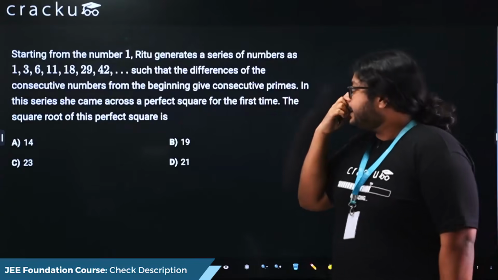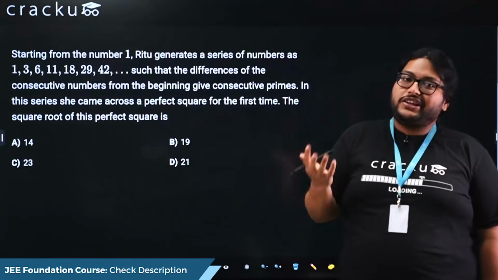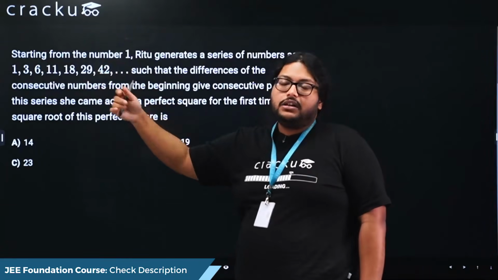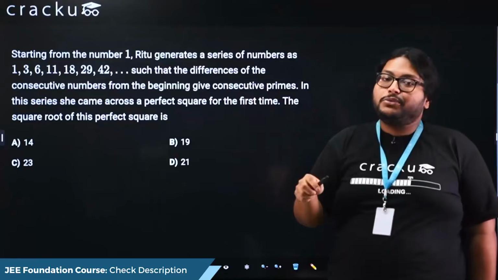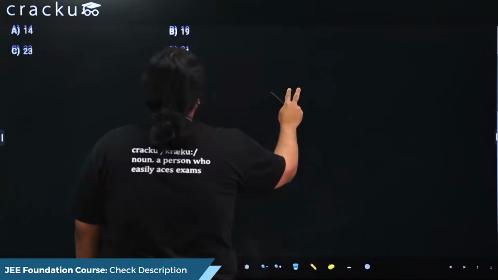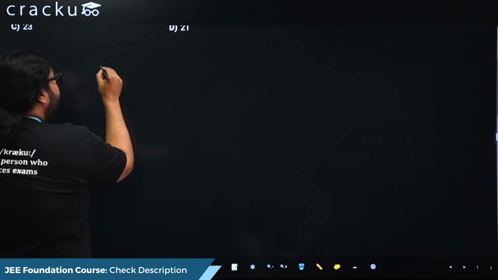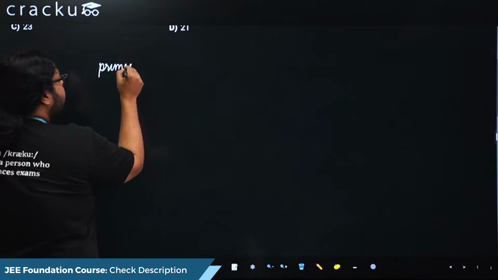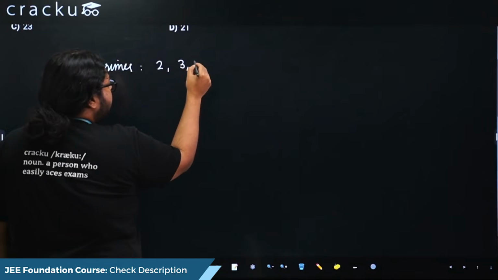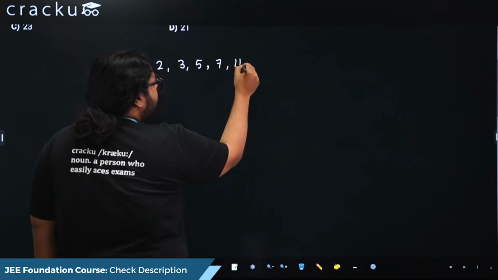Okay, so what we need to do here, because these are primes, is that we will not get a general term for the number. What we need to do is basically brute force, where we evaluate them. Now if we consider the primes, what are the primes that we have? If I make a list, it goes 2, then 3, then 5, then 7, 11,